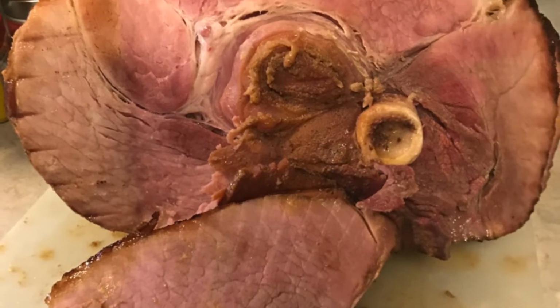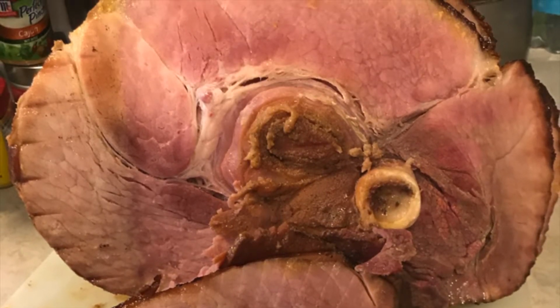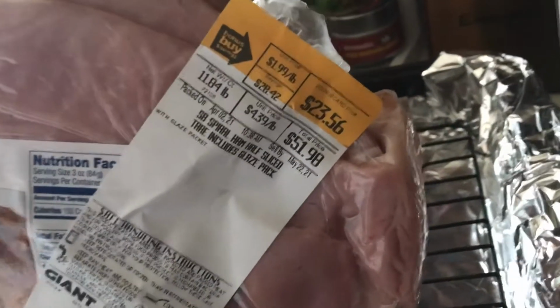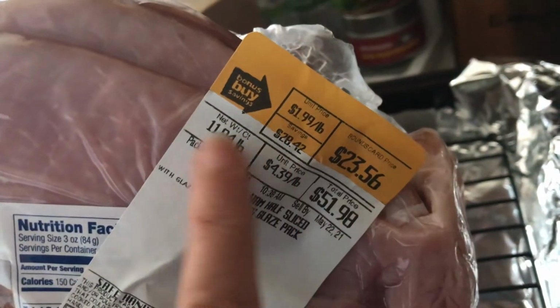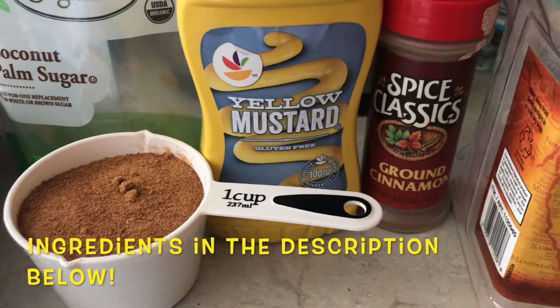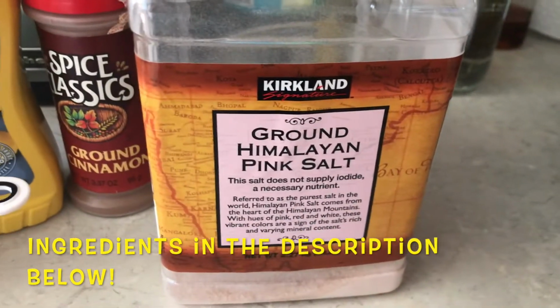This is Laura. Today I'm going to show you how I make my Paleo and Whole30 compliant honey baked ham that I got for the holidays. And this is a huge ham. It's almost 12 pounds, but I got it for free at my local Giant. And we're going to use some really simple paleo ingredients, and the ham is going to self-glaze as it cooks